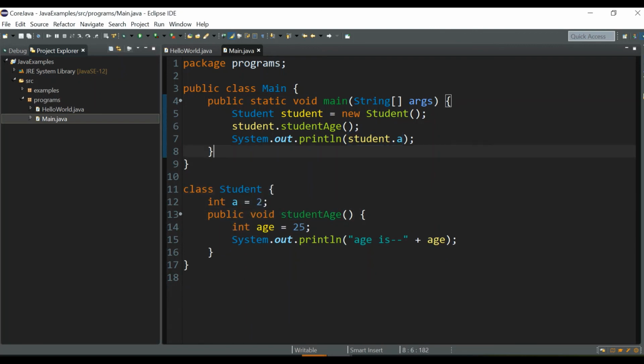So in this video, you learned many things, right? What is an object in Java, and how to create the object of a class. And after creating the object, how can you call the members of a class, the variables or the functions or the methods. And you also learned we can have more than one class in a single file, but we cannot have more than one public class in a file, and the main method should be put under the public class only, and the public class name should be the same as the file name, right?